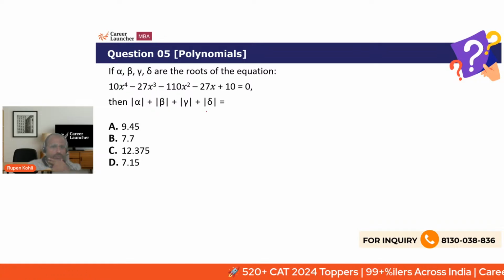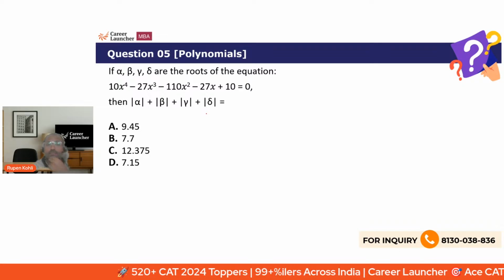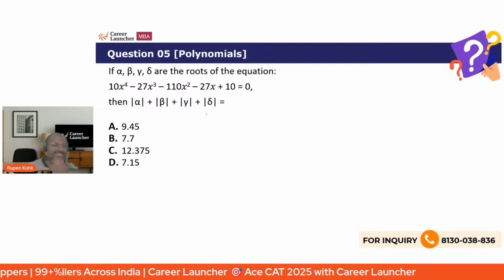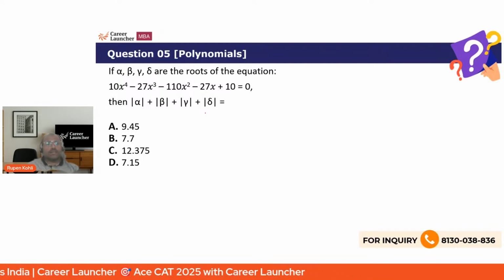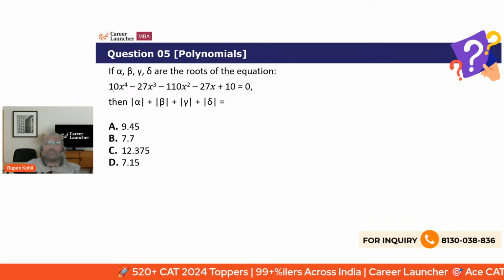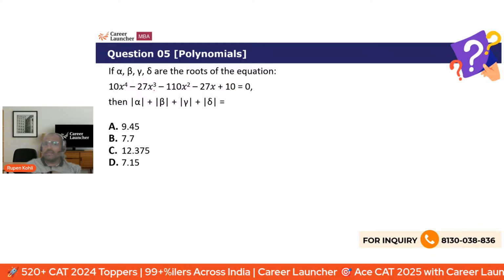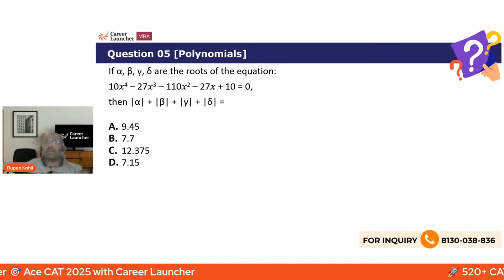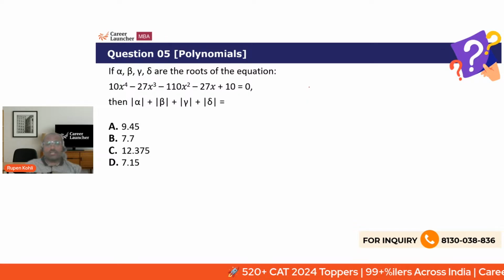All right, so now I'm starting to explain this. If you get there quicker than me, then do let me know your answers. Let's check how we do this. Do you see a pattern in the equation, in the coefficients? There is a 10 x power 4 and then there is a 10 in the constant term. There's a minus 27 in the x cube and there's a minus 27 as the coefficient of x. So the coefficients are symmetrically placed. Now, what's the catch? The catch is